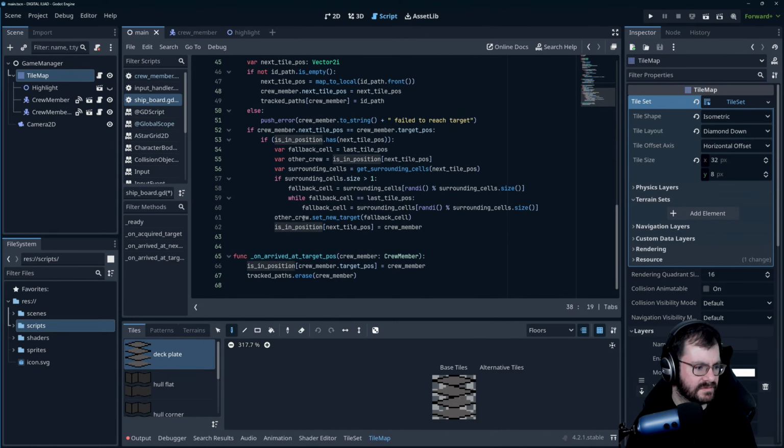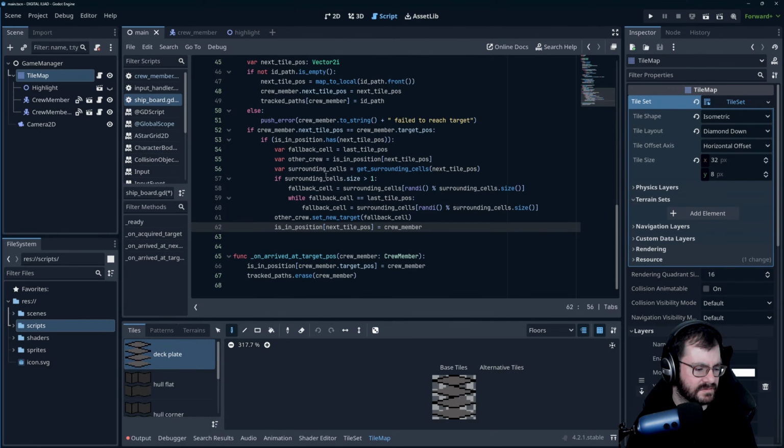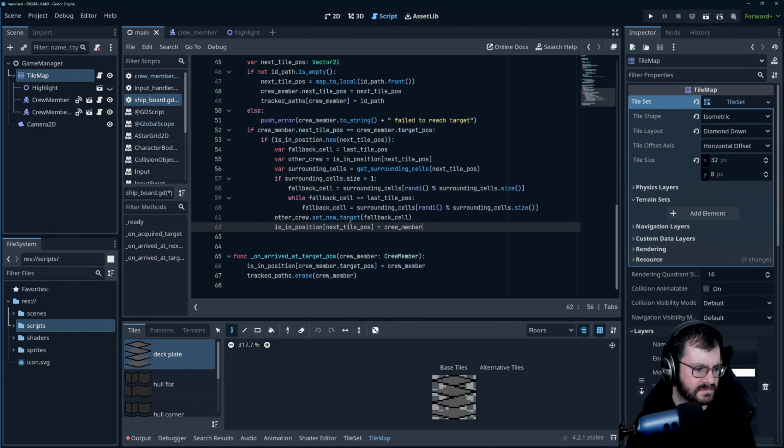We swap one out if there's a contention, which is what all of this does. This should never equal